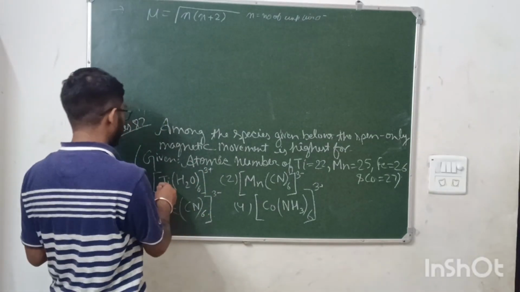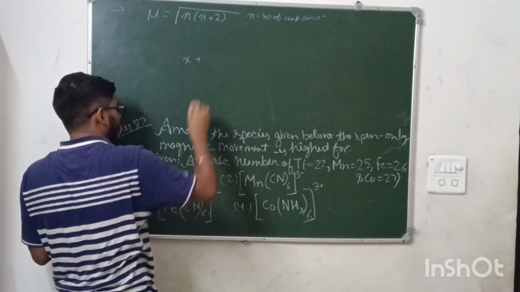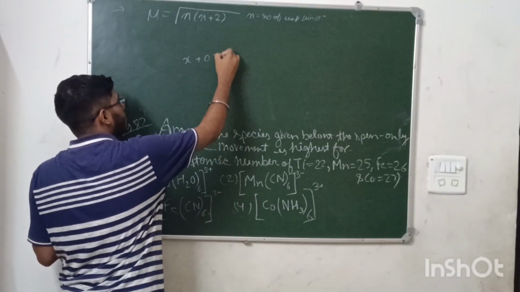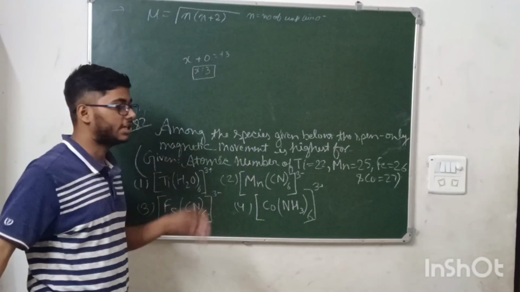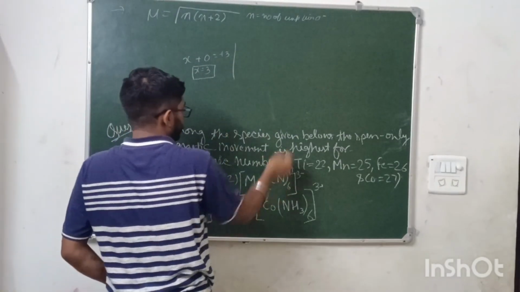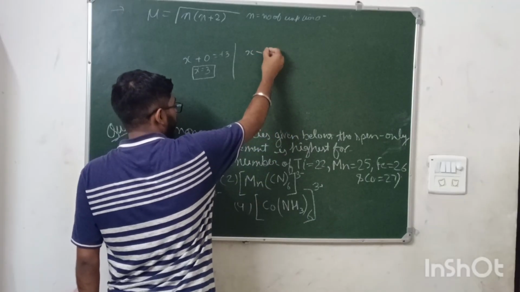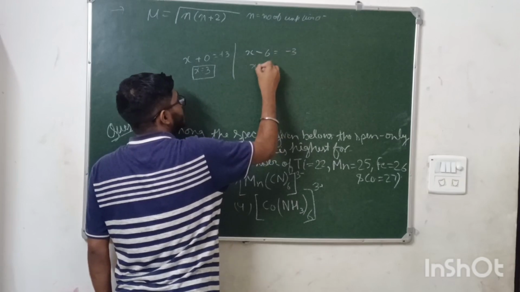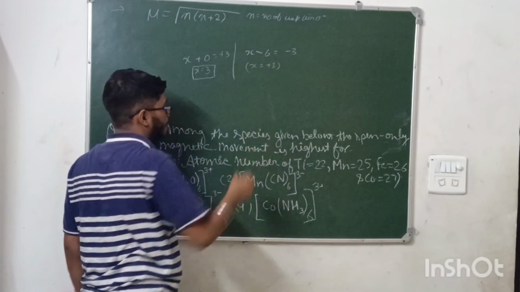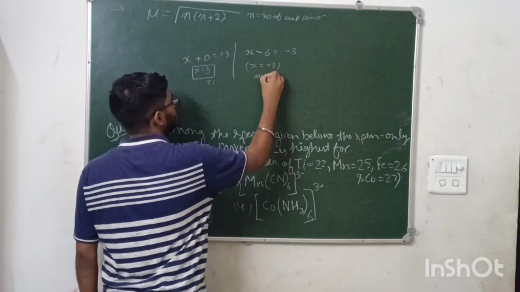In order to find the charge, first of all on titanium, assuming it has X, and the charge on the ligand H2O is 0, so X equals plus 3, which means the charge on titanium is plus 3. As well as for manganese, assuming X, the cyanide ligand has a charge of -1 and 6 are there, so -6, and overall charge -3, so X is plus 3 for manganese. Okay, this one is for titanium, this one is for manganese.